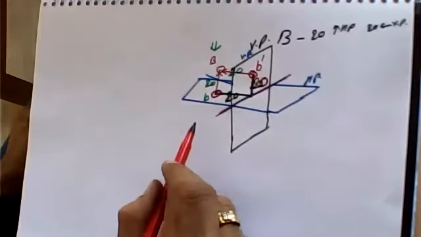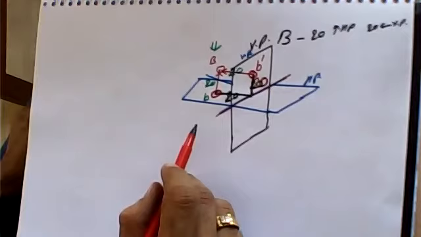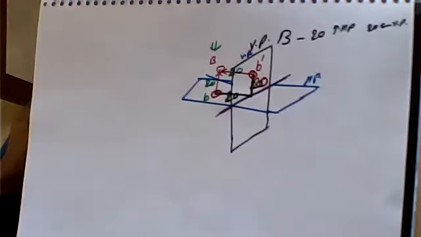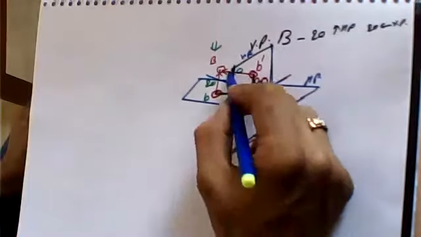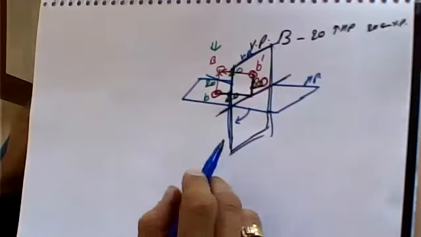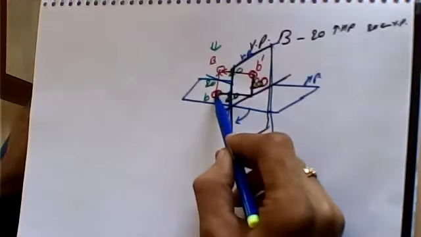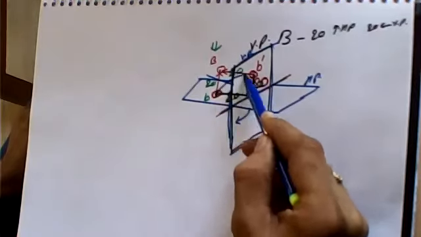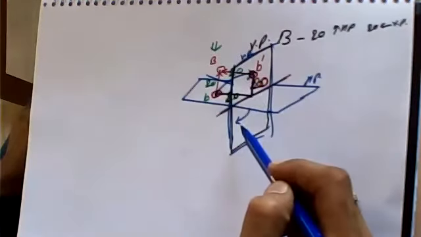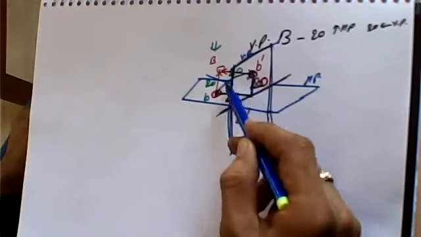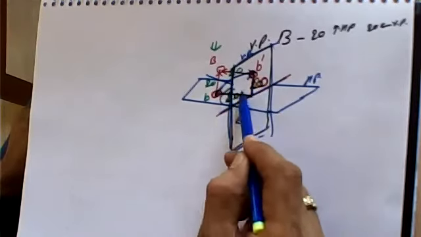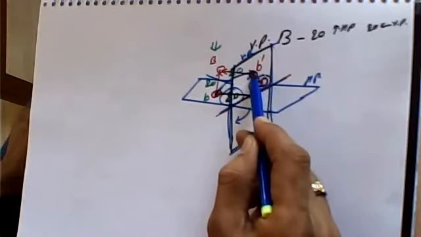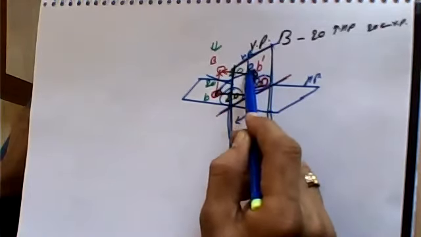Okay, now what is our criteria? We are rotating HP by 90 degrees in clockwise direction. So what is going to be the new position? It is going to be over here. This plane is rotated, and when we rotate this plane, point B is going to take the position over here on the vertical plane. Why? Because it is rotated by 90 degrees. From here that point B will go upward. But as we are aware that this distance is also 20, this distance is also 20, so it is taking the same position that B dash had taken.